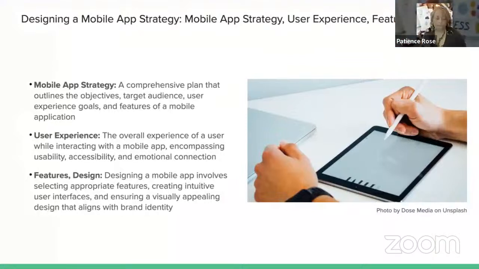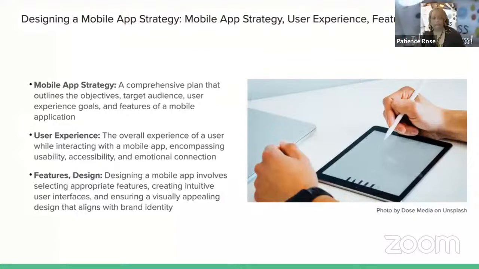When a person is interacting with the mobile app, how are they going to engage with it when they first sign up? Do they sign up just putting in their username and password, which would be like their email address and a passcode? Or do you have the functionality on your app that allows them to use Google or Facebook or one of their other socials to sign in? Do you want to